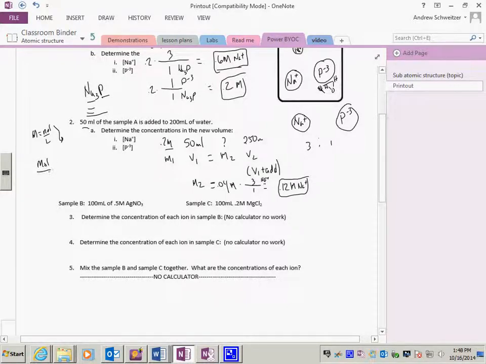Once I have my moles, divide by my new volume, and get my new molarity. So I'm going to use this twice. First, I'm going to figure out how many moles I have of my original solution. The original solution is 0.2 molar, in a volume of 50 milliliters, 0.05 liters. So X moles is, and I'll calculate that, 0.2 times 0.05, which is 0.01. So I have 0.01 moles, now in a larger volume, so less concentrated, of 0.250 liters